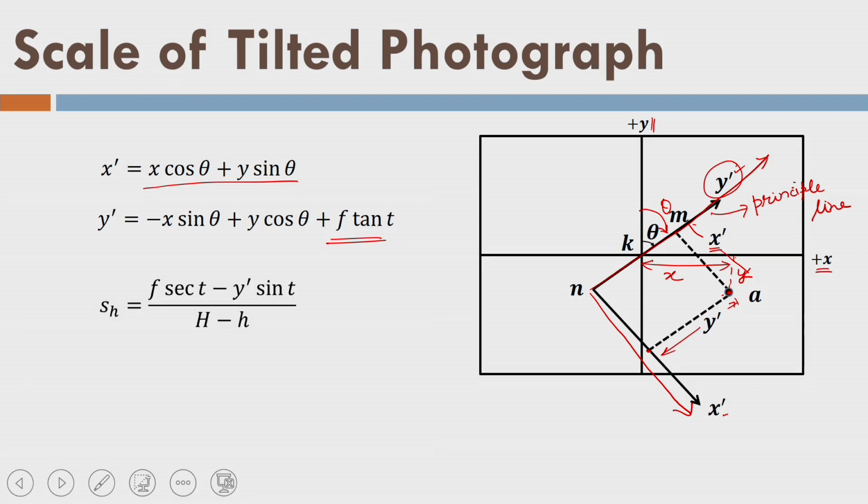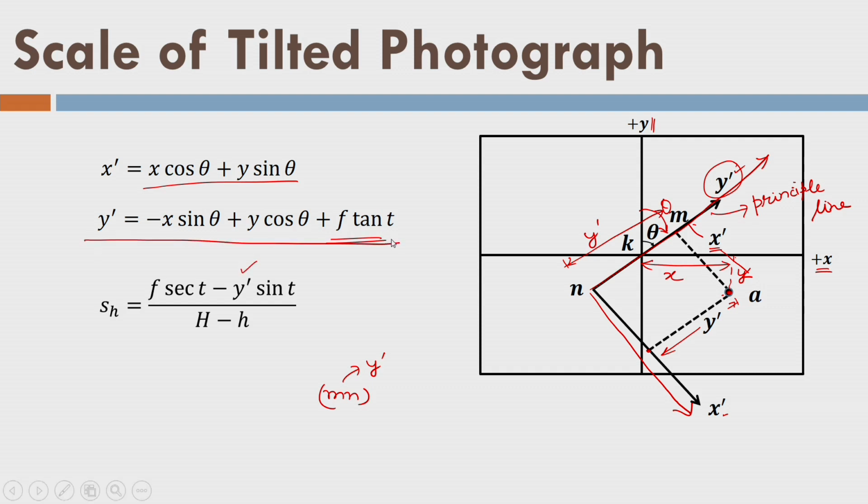Okay. So, now you can see that in the last slide if you go, there was a term called Mn, which is nothing but equal to the y dash. Here if you see mn, this distance was there, and which is nothing but y dash. So, I am putting the y dash here instead of mn, and my y dash is given by this. Now, you can measure the scale on the tilted photograph also.